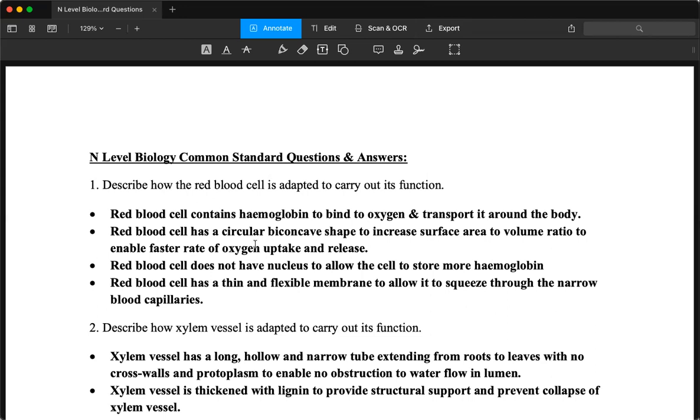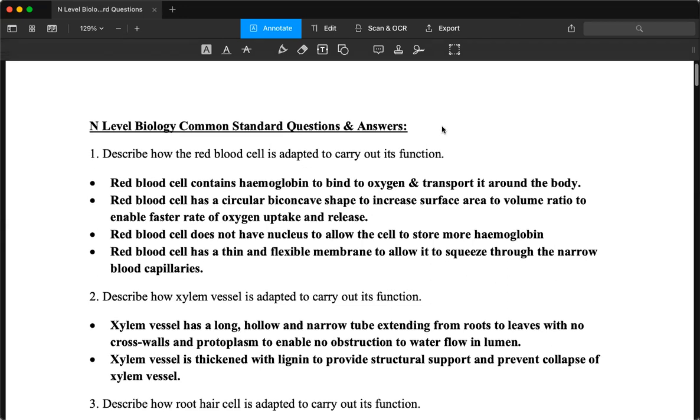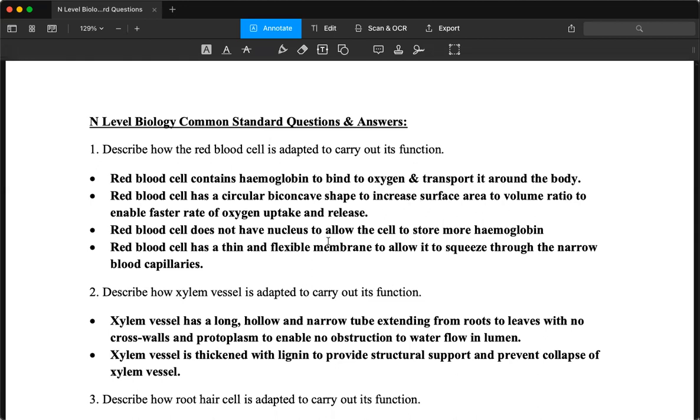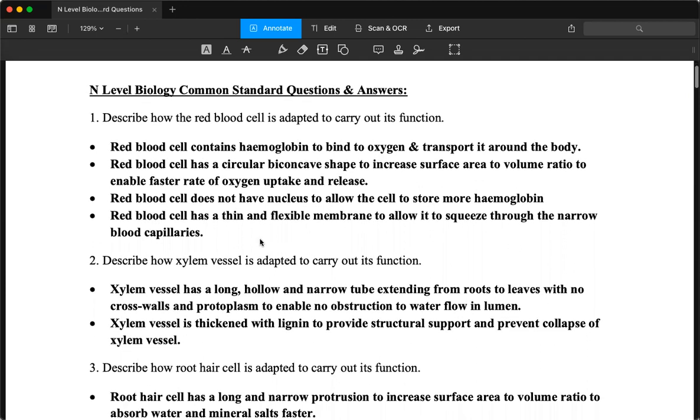Number 2, red blood cell has a circular biconcave shape to increase its surface area to volume ratio to enable a faster rate of oxygen uptake and release. Red blood cell does not have a nucleus to allow the cell to store more hemoglobin. Red blood cell has a thin and flexible membrane to allow it to squeeze through the narrow blood capillaries. So I will expect students to remember all these 4 adaptations in the syllabus,